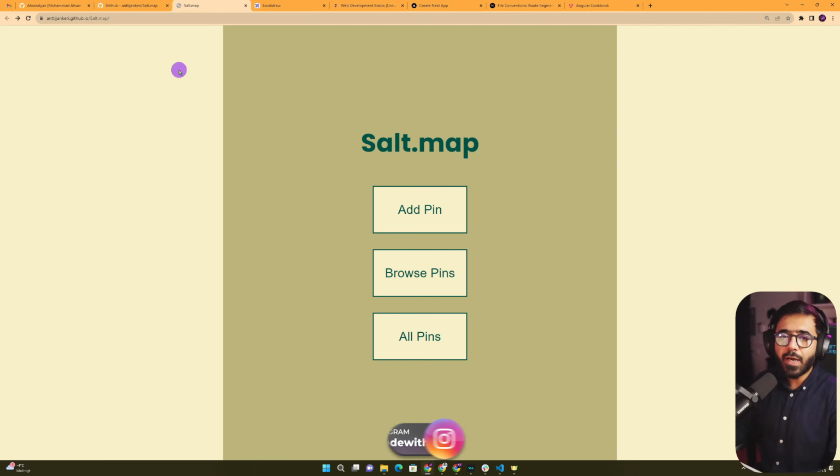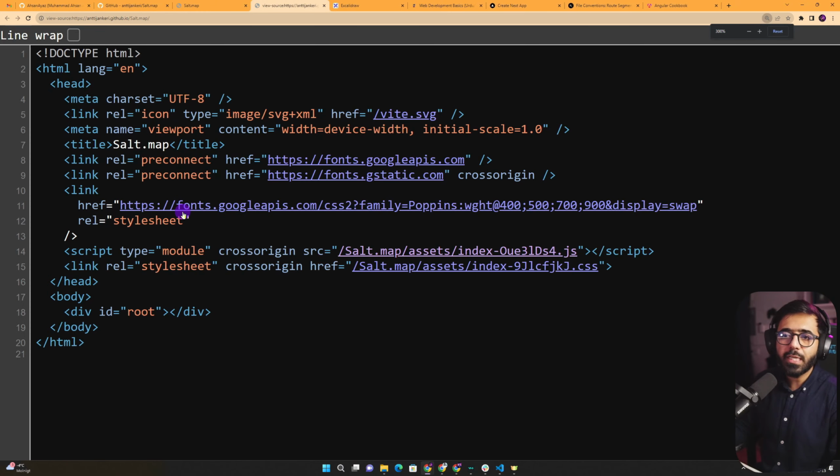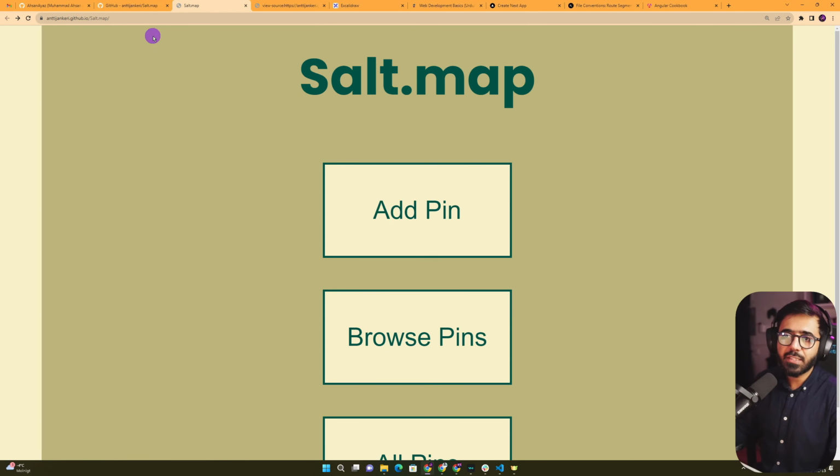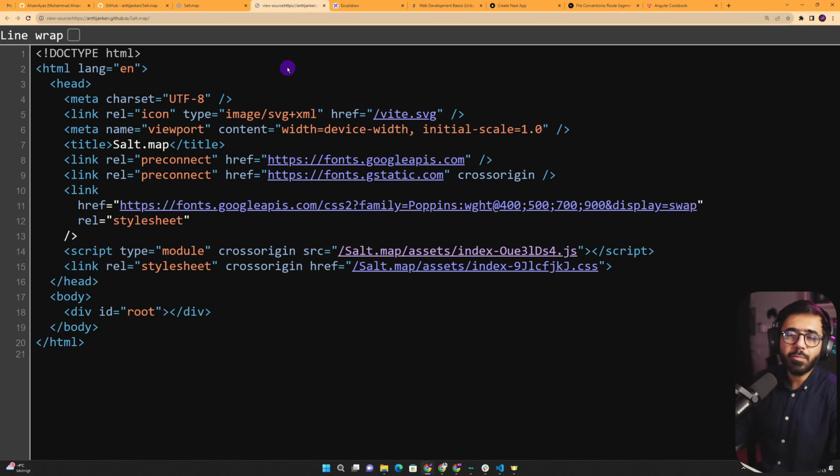But what if I only want to see what comes from the server when I try to request? Because as I saw in Excalidraw, the browser gets the information from the HTML and then React kicks in. Does that mean if I try to go to this page and if I disable my JavaScript, which means I disable React on the front end or the client-side rendering at all, what would I see then? You can check it directly by just right-clicking and clicking View Page Source. When you do that, it tells you what it actually receives from the server. In this situation, since this is deployed to GitHub, we're talking about the GitHub server. Now you could have deployed this to Netlify, Heroku, wherever you want to do it, and then you'll get back